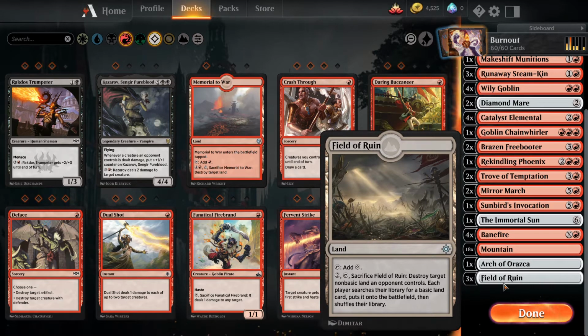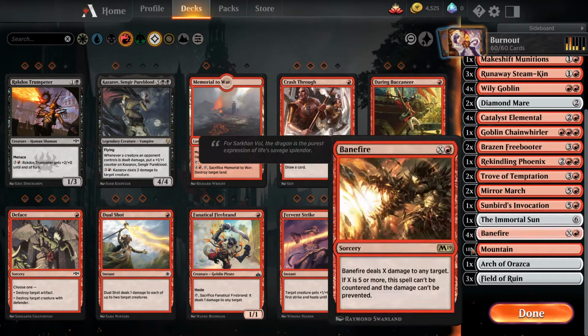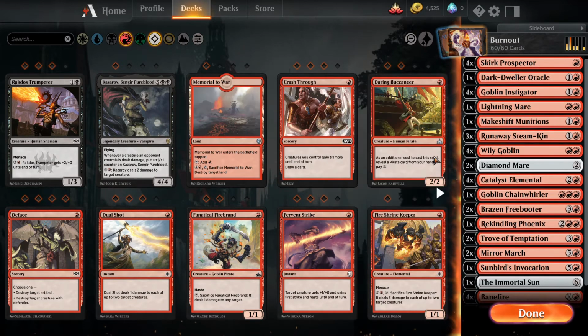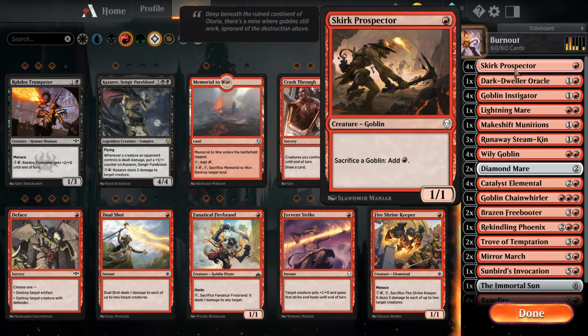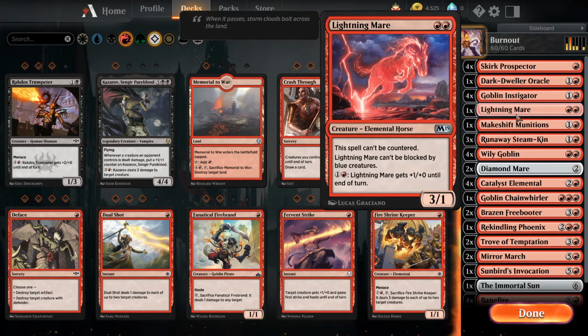Anyway, this deck was built around Mirror March, and I originally had it as a Dino deck, but it just wasn't working. Instead of going online and finding out who made a better version of it, I thought, can I make it mono red and still ramp the way I do with the Dinos? So I went with Skirk Prospector, then a little Goblin synergy here, and I have Lightning Mare in there as a creature to explode, Runaway Steam-Kin,